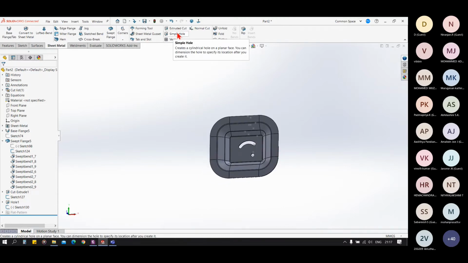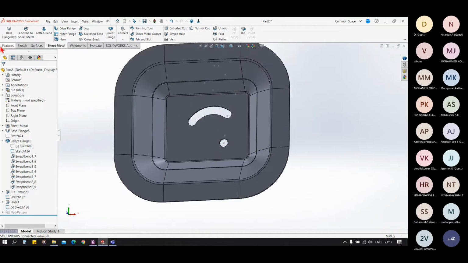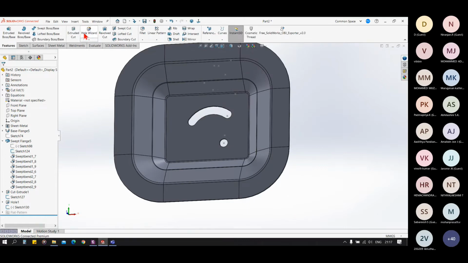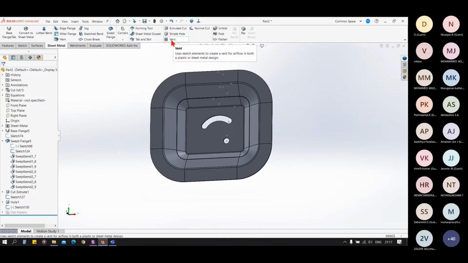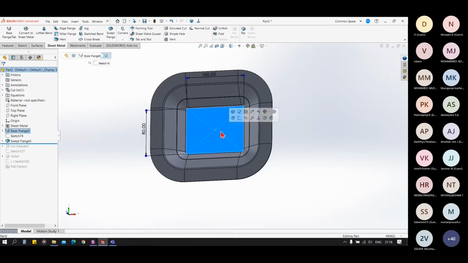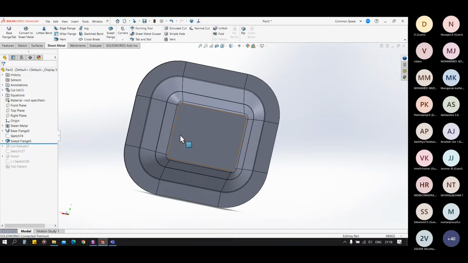Okay, we do not use the simple hole because it's a less controllable feature. Instead, we can use a cut extrude and the hole feature in the 3D tab. So let's see the vent. You have seen your PC CPU, and you can see the vent example there in front of the cooler fan on the CPU.